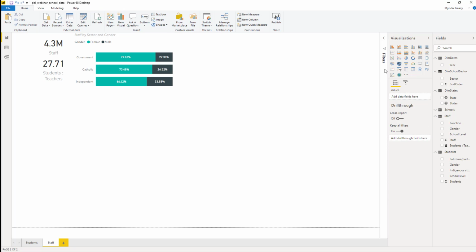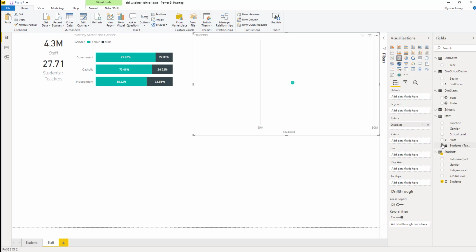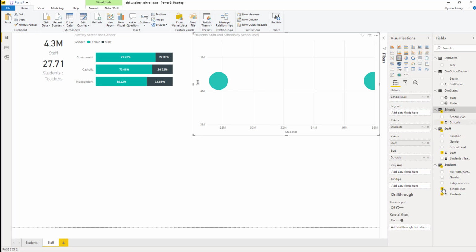The next visual I want to use is a bubble chart. So we'll click on that, and this is going to take up quite a bit of space, so we'll pop it over here. Now this is our students, staff and schools by school level, sector,